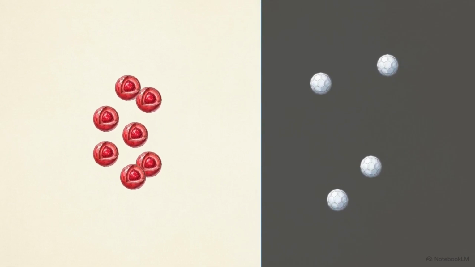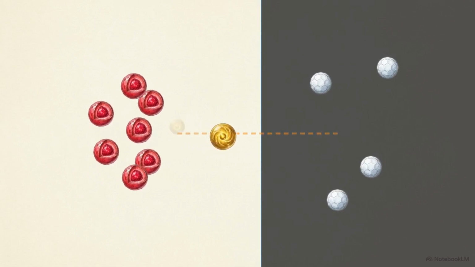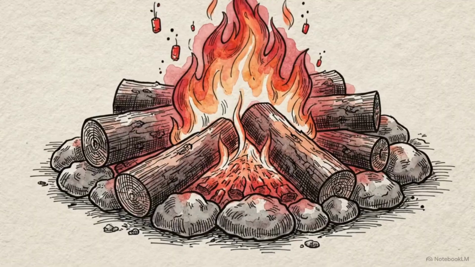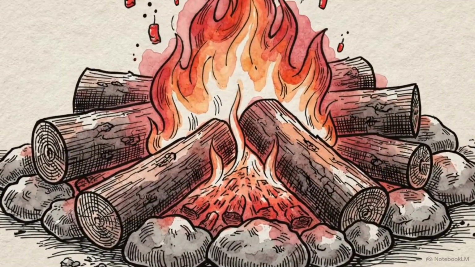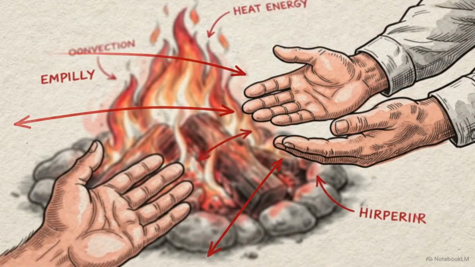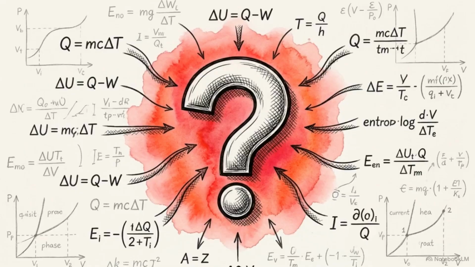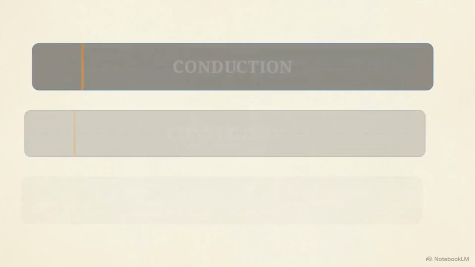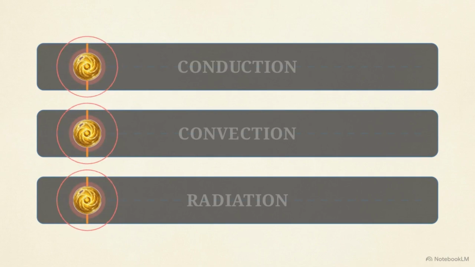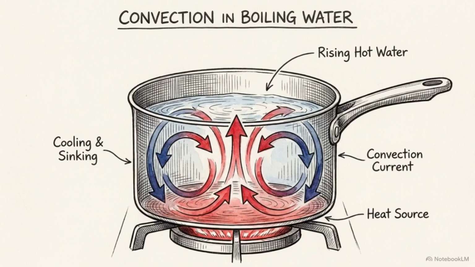If heat is the kinetic energy of microscopic motion, we still have to explain how that energy physically travels. How does the frantic molecular speed of a burning campfire successfully cross empty space to warm up the cold atoms in your hand? Answering how we measure heat leads to the next crucial question. To understand the thermal universe, we must trace the 3 paths energy uses to travel, first through conduction, then through convection, and finally radiation.